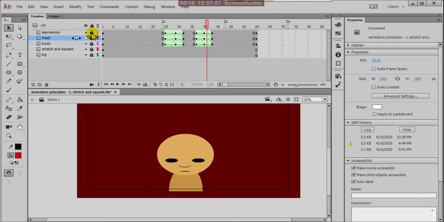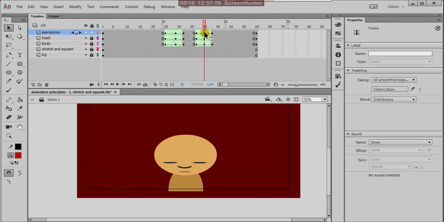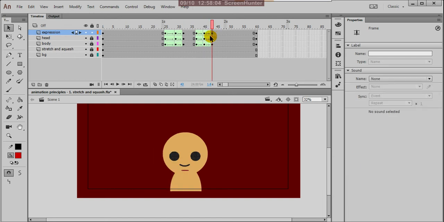Okay, the same way between these squashy eyes and these normal eyes, normal nose and mouth, I copied these and pasted here. Okay, right. This is the body.